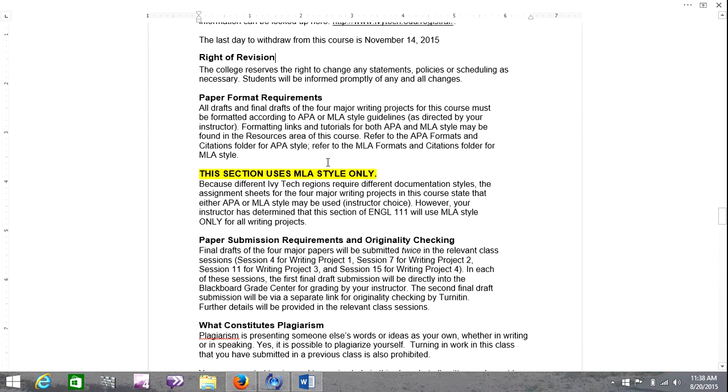And I also want to point out, and this is highlighted in yellow for a reason, this course uses MLA style only. There are two styles for writing academic work in higher education, MLA and APA. I think I have removed all the references to APA in the course. There may still be one or two that I have overlooked, but all of the assignments, specifically the papers that we will be writing, we will use MLA style. If you're not familiar with MLA style, that's okay. That's part of this course, we're going to teach it to you. If you know it already, good for you.